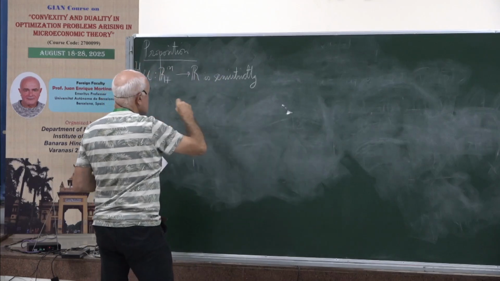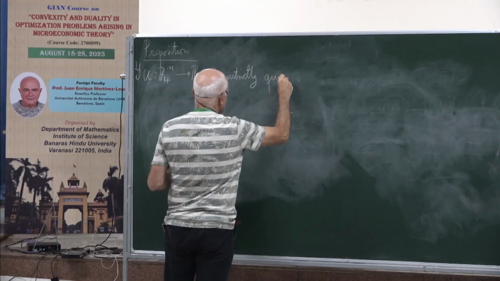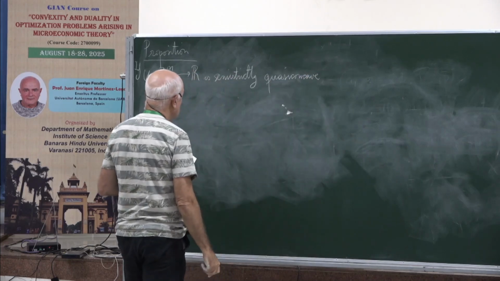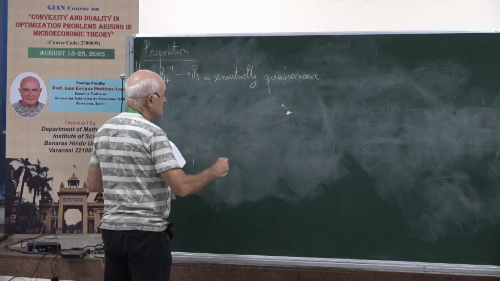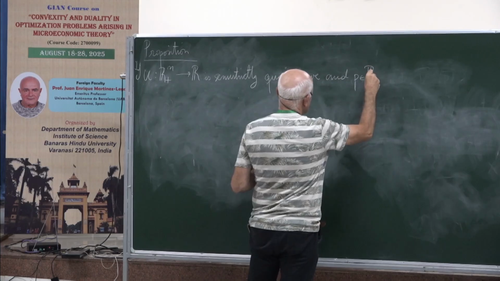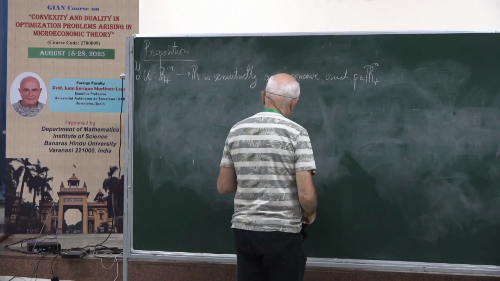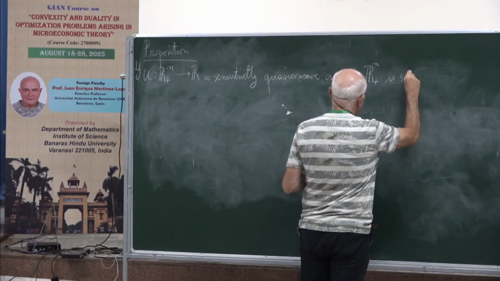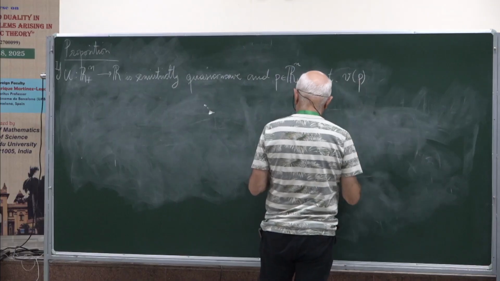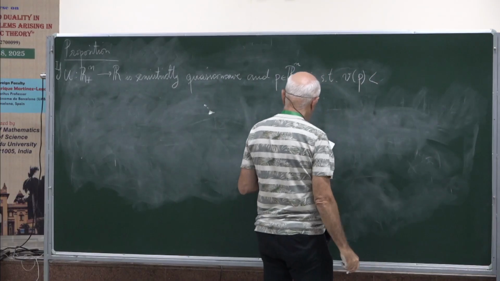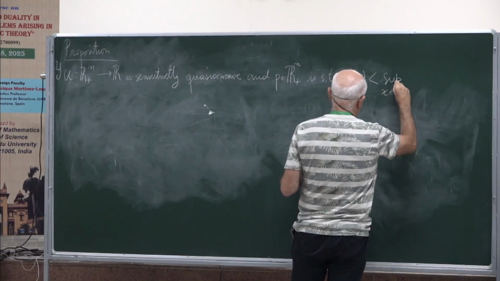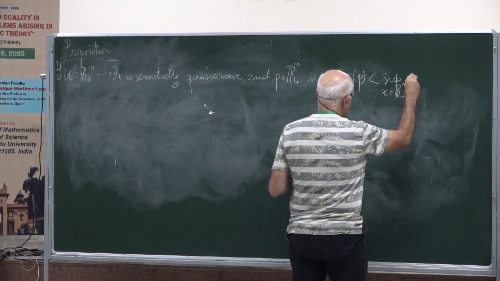So if U is semi-strictly quasi-concave, and P is a price vector such that V of P is less than or equal to the supremum over the whole non-negative orthant of U of X,